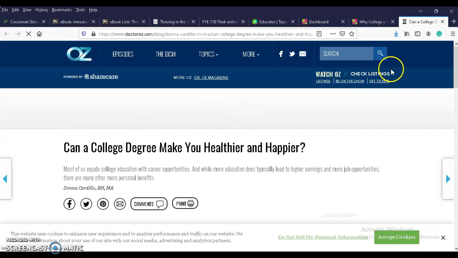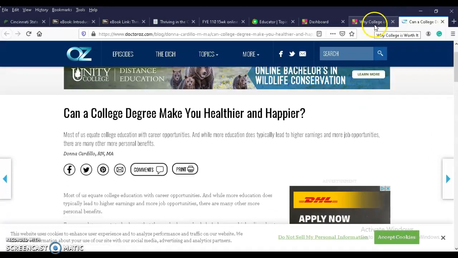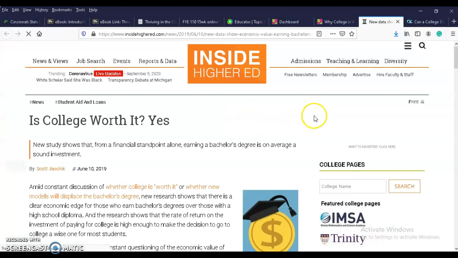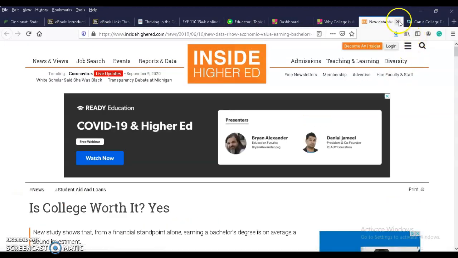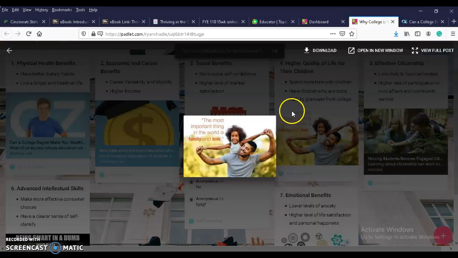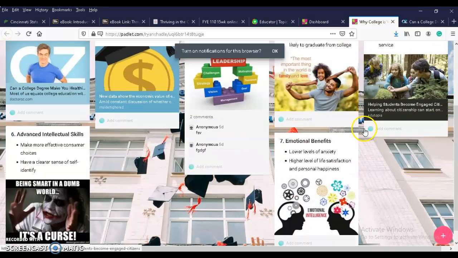So I did some further research on why college can make you happier and healthier, and on the economic benefits. Here's an Inside Higher Ed article. So I did some further investigation for each one of these. Some of them are just pictures that I decided to put in that represent my reasons why.